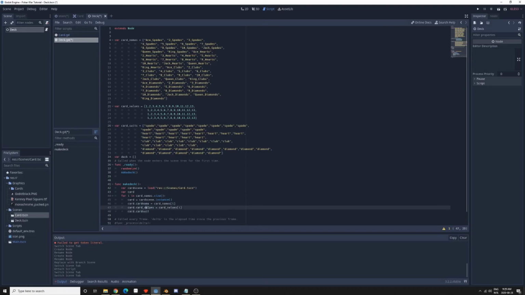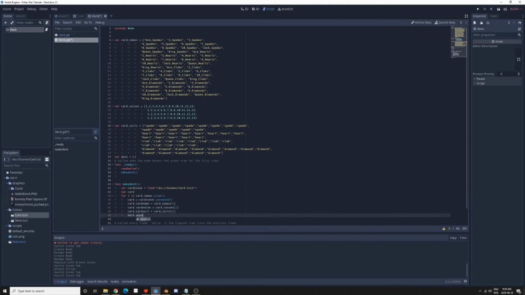There. Now after we do that, we're going to want to make sure we actually add it to the deck